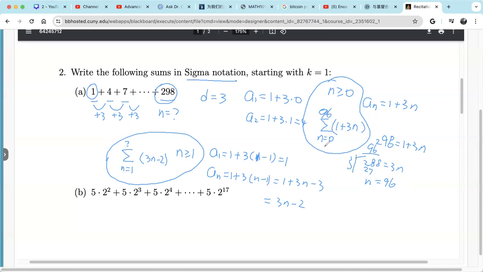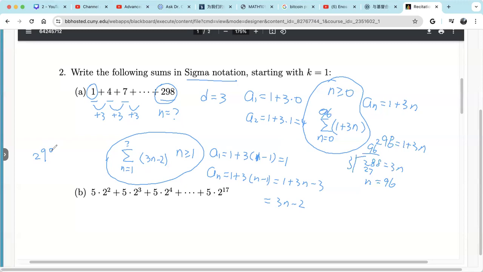And then we finished. Okay, if you want n to start from 0, we say n has to be greater than or equal to 0. Then we have the summation sign, n equals 0 up to 96. Then the an term is 1 plus 3n. Right. If we want to start from 1, we say, okay,